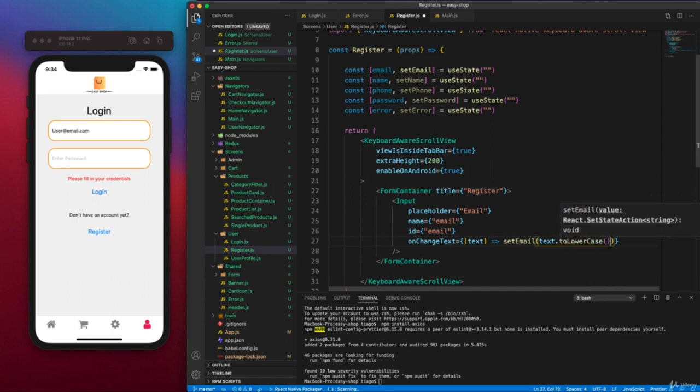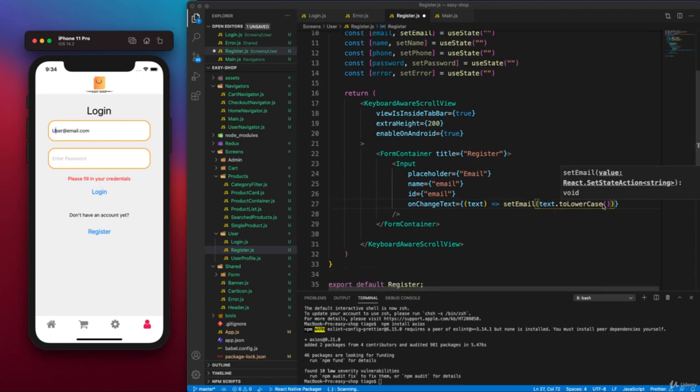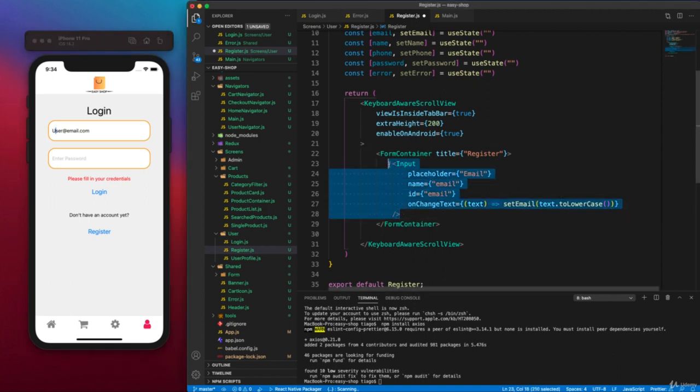So in this case we will avoid the keyboard issue, because when the keyboard appears the first value is always capital, and like this we can fast type or fast insert the email without having to worry about the lower cases in our keyboard. Okay, so setEmail to lowercase,